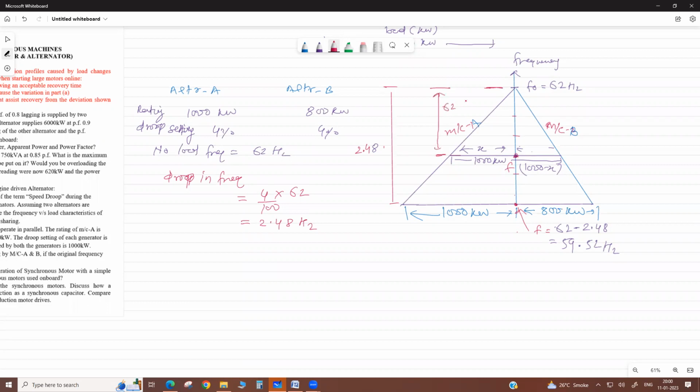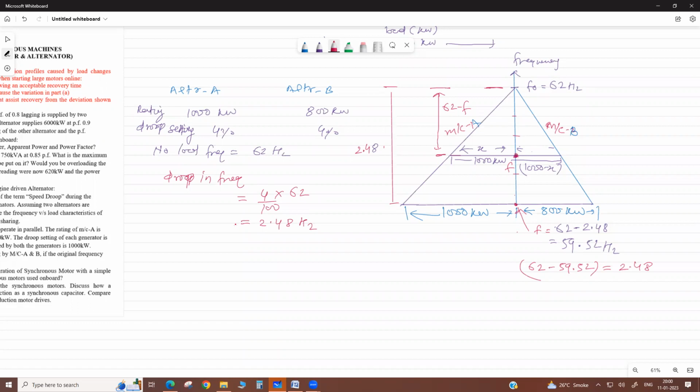It is 62 minus F. Here also same. If 62 minus 59.2, you do, you get this. Okay, 62 minus 59.52, it will give you 2.48. Same like here it is F,